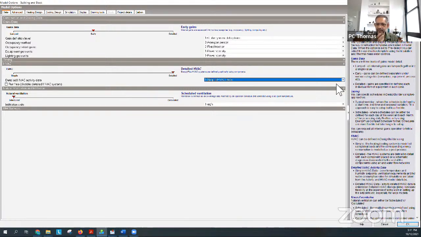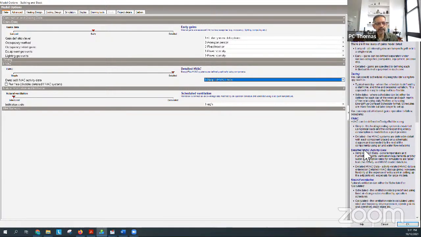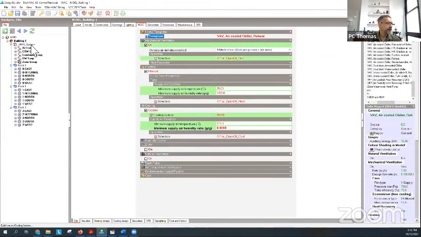And if I'm speaking Greek, it's all documented quite clearly in the help file. If you start to read it, it should become quite clear. Okay. In fact, on the right hand side in the tip sheet, it already sort of tells you what is meant by the simple HVAC data and what is meant by the detailed HVAC data, which bits are taken for each of those configurations. Okay, so going from there, I will say OK,